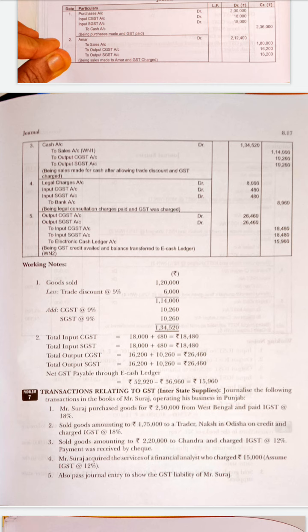Just try to finish the 7th and 8th problems in your classwork note. If you have any doubt, you can ask me, and I will clarify it. It's a very simple problem. Be thorough in this problem. If there is any trade discount, first subtract the trade discount, and only on the balance amount find the GST, whether it is CGST, SGST or IGST, whatever it may be. Only on the balance amount find the tax amount.